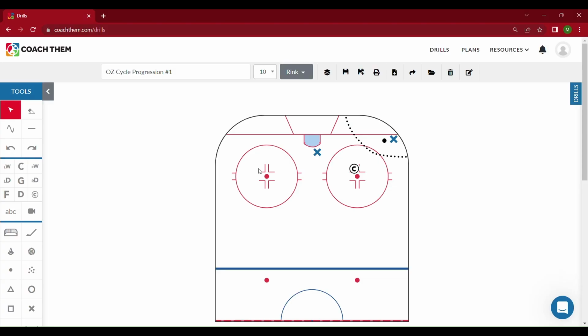All right, this is offensive zone cycle progression number 1. This is kind of the first step that you can do with your team to work on some concepts that I've talked a lot about before. Basically, the main thing we're working on is we're teaching habits of not supporting the puck in the corner. So I've outlined what I consider to be the corner, and I call it the graveyard or the cemetery for a reason. I think offensive plays go to die when we have the puck there, and the reason is